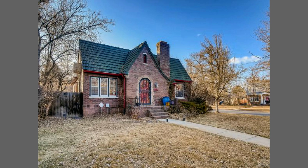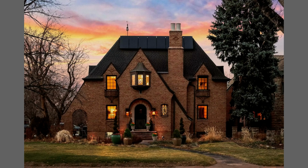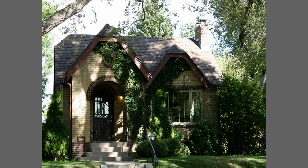Tudor Revival is up next. Now, what I like to say about Tudor Revivals is that Hansel and Gretel would feel quite at home because they really feel like they're straight out of a fairy tale with decorative wood that in the architectural world is called half timbering, that adds an interest to the brick, stucco, stone facades, and it was really popular in